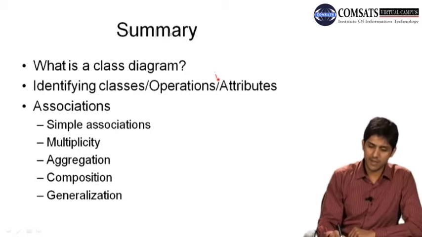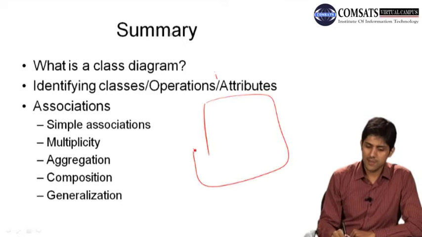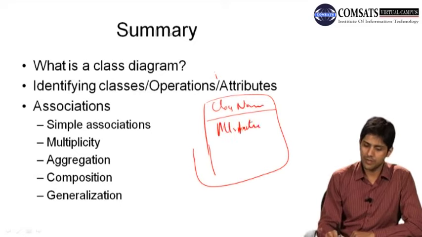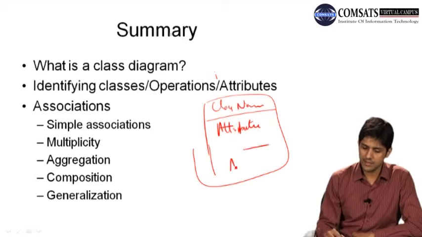और हमने देखा कि क्लास की नोटेशन क्या है कि it's basically a rectangle जिसके हम 3 सेक्शंस होते हैं। यहाँ पे आप लिख देते हैं क्लास का नेम, तो here you write attributes, और एक क्लास के मल्टीपल एट्रीब्यूट्स होने चाहिए, and then the third section is where you write